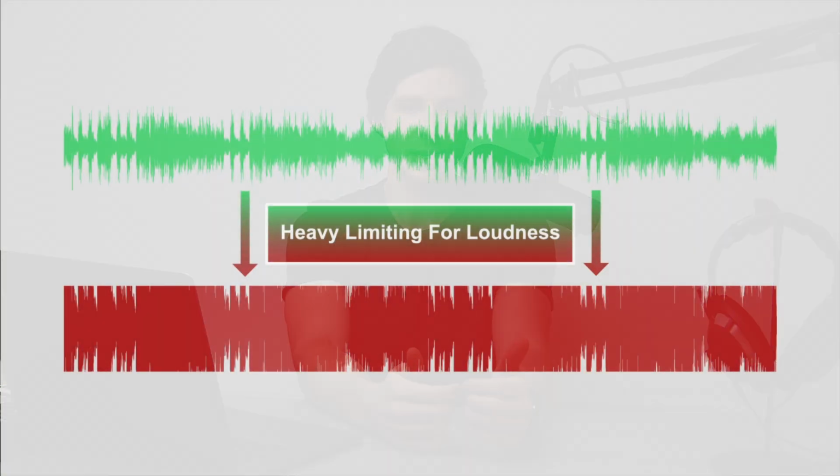Before audio normalization and streaming sites, most music was compressed and limited to achieve maximum possible loudness. This is because we perceive louder songs to have clearer highs and a fuller low end than quieter songs. The unavoidable result of pushing loudness too much is that transients are lost, dynamic range is reduced, and distortion muddies